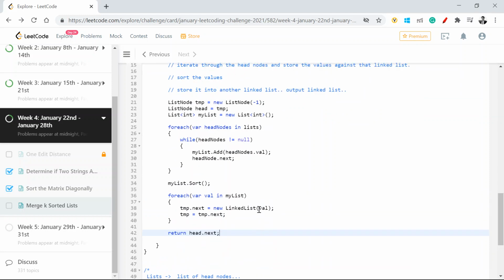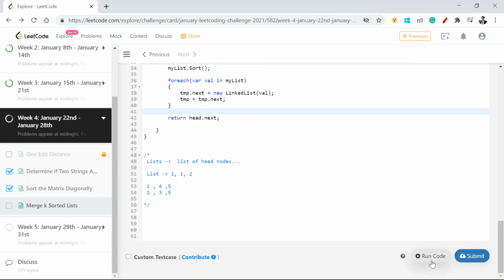This is it. So what we did is we looped through all the head nodes. Once I had that head node, I went horizontally and added all the values into my list. Then I sorted it, and then I added into a new linked list, which should be returned once the manipulation is done. With this, let's run it and see whether I am getting the right results.